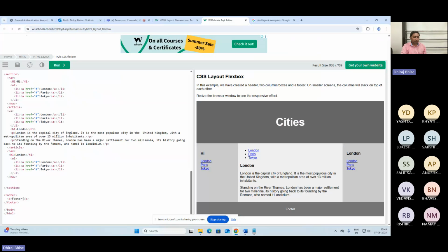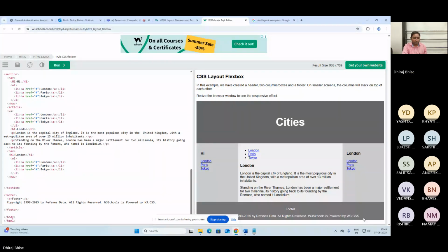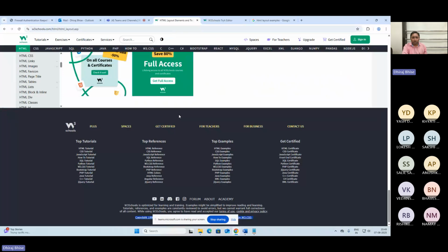If I have arranged my script this way, then it will be very easy for me to work on a specific area of my web page. So it will obviously display here. Is it clear? Yes or no? I hope you all are